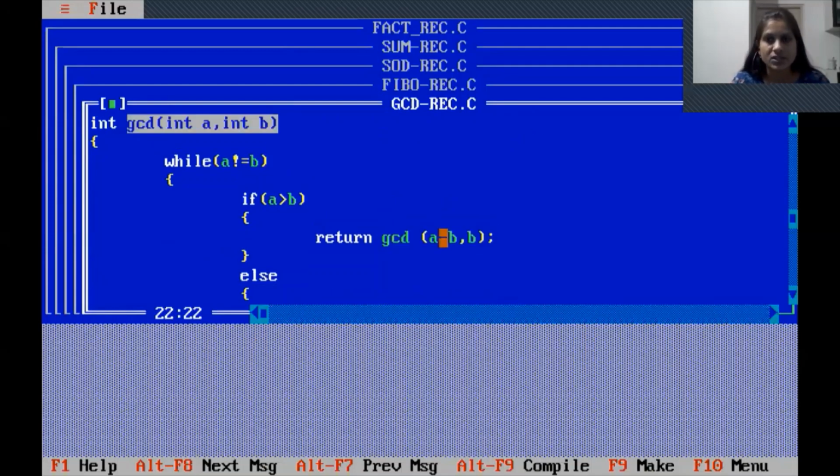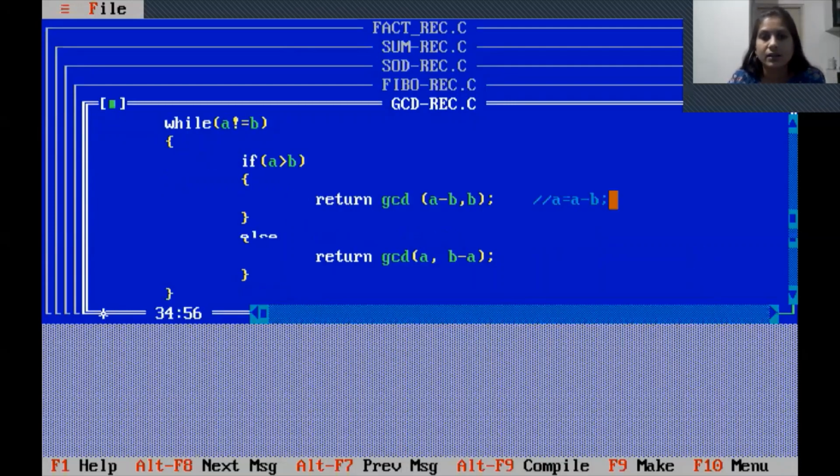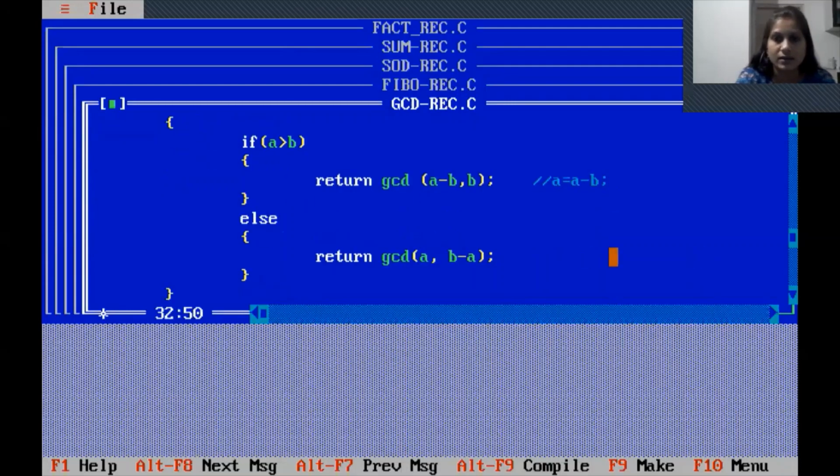Inside this definition we again call the same function, that is recursion. But if you are not using recursion, then what you write here directly is a equals a minus b, that is our formula, and in the else part the second formula is b equals b minus a. This is already done in the function programs. This is our logic of how to find GCD.